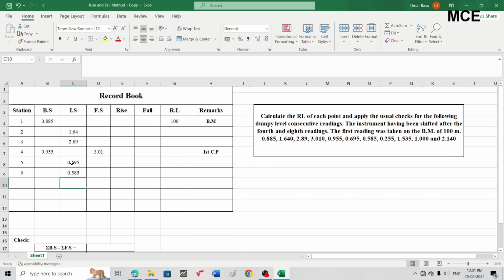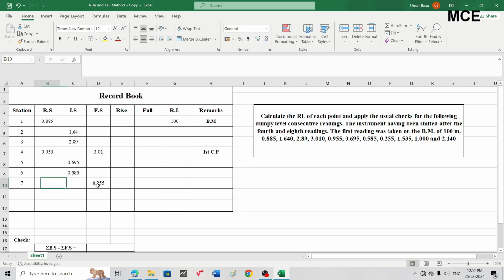Then for station 7, it's given that the level is being changed after the 8th reading, so the 8th staff reading will be written in the foresight column, which is